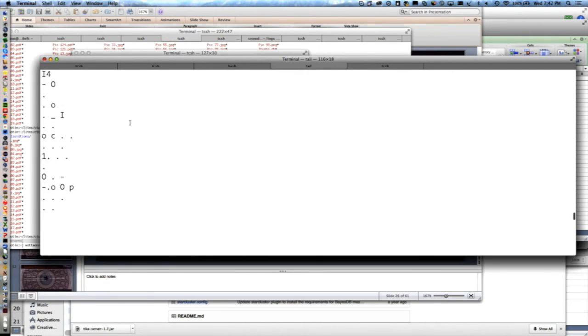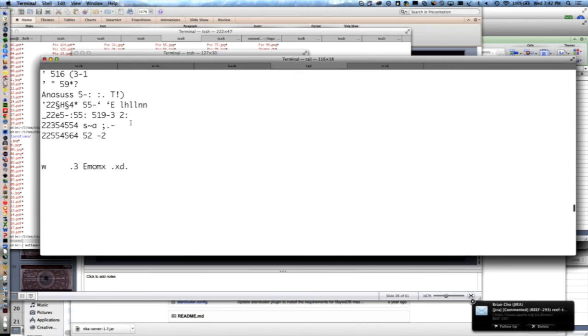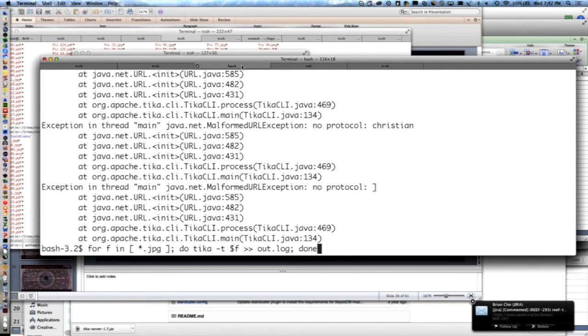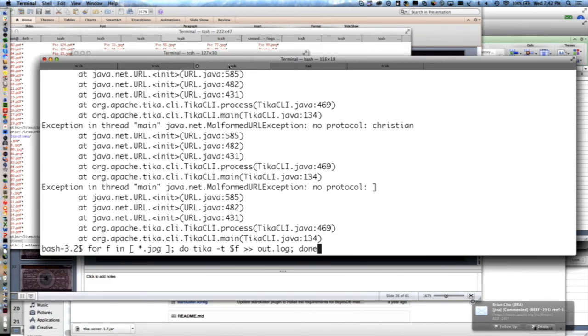And you can see some of it's good and some of it's not that great. Oh, there's a taxi fare. So anyways, the cool part about this is that from a search perspective, a lot of times what we're doing is tokenization and looking for keywords anyways. You can train Tesseract to be better, on particular types of files and languages, to improve the accuracy. I found Tesseract out of the box is pretty darn good.